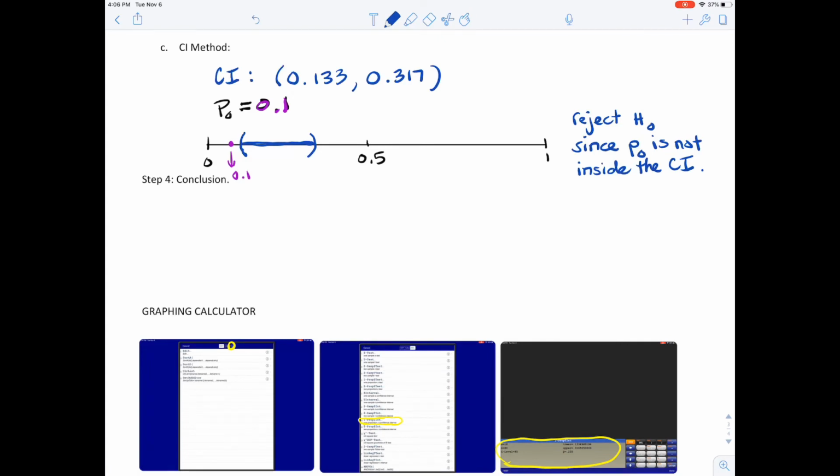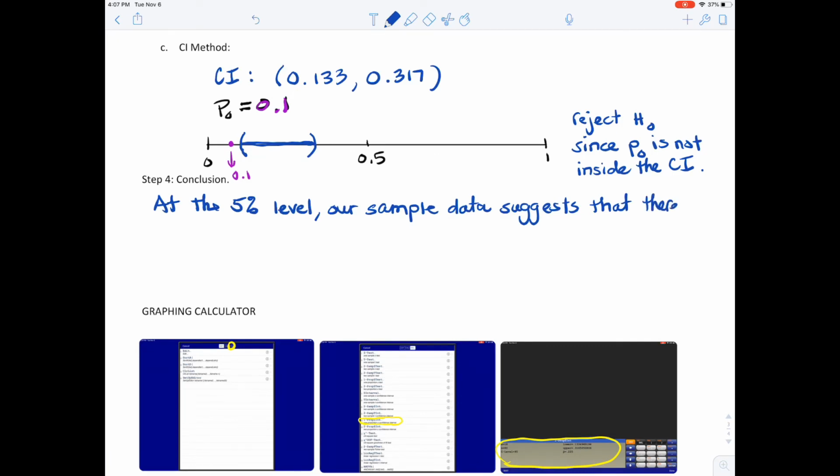One way that we can go about it is this, at the 5% level, sample data suggests that there is